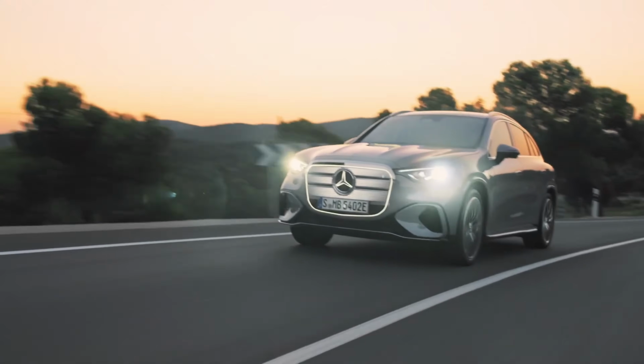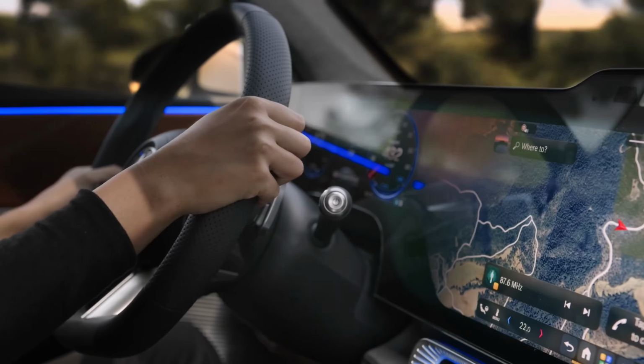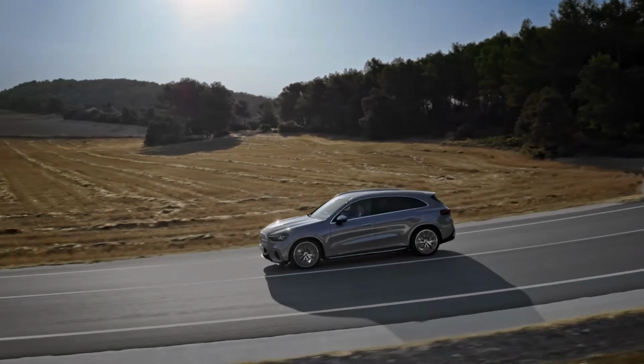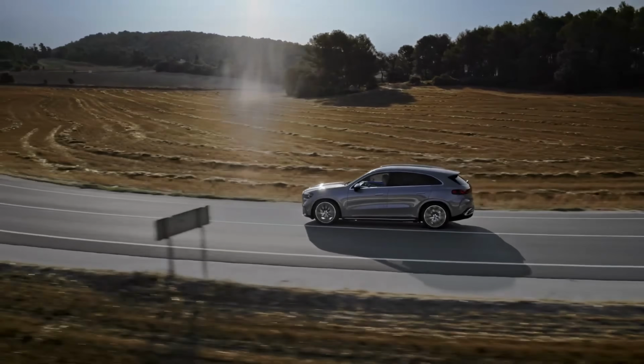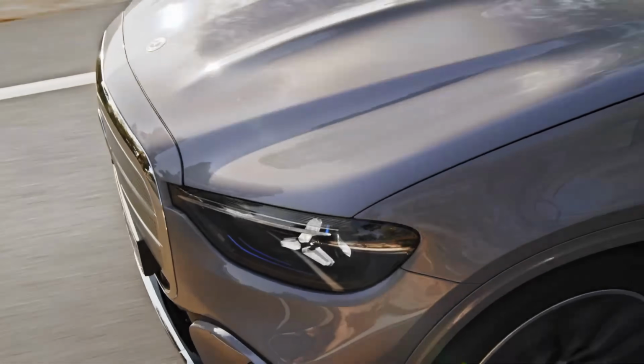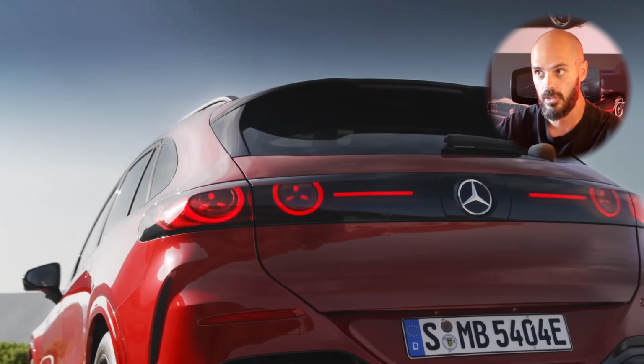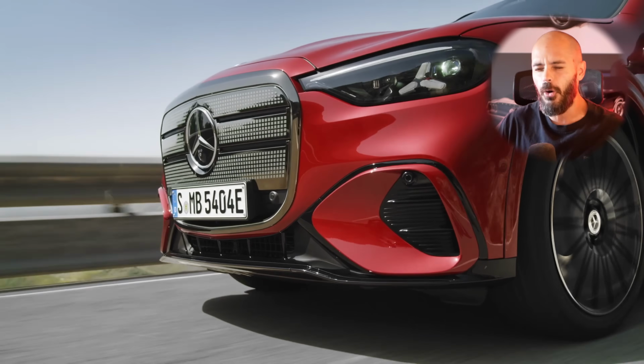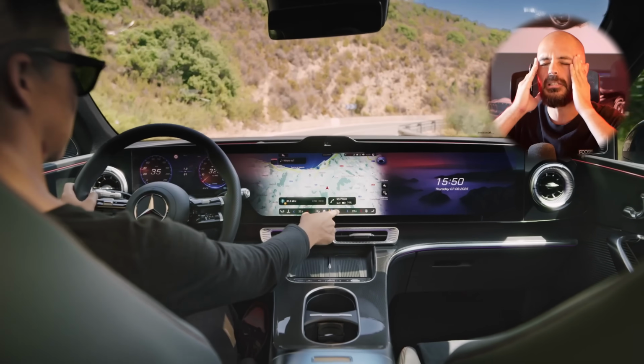And now we have a brand new Mercedes GLC here. I'm pretty sure what I'm going to say in this video is going to be the opposite of what a lot of people think about this GLC, but to me, there is a lot of good about this design. There's a lot of good going on in the exterior design. The interior as well, even though the screen is just...